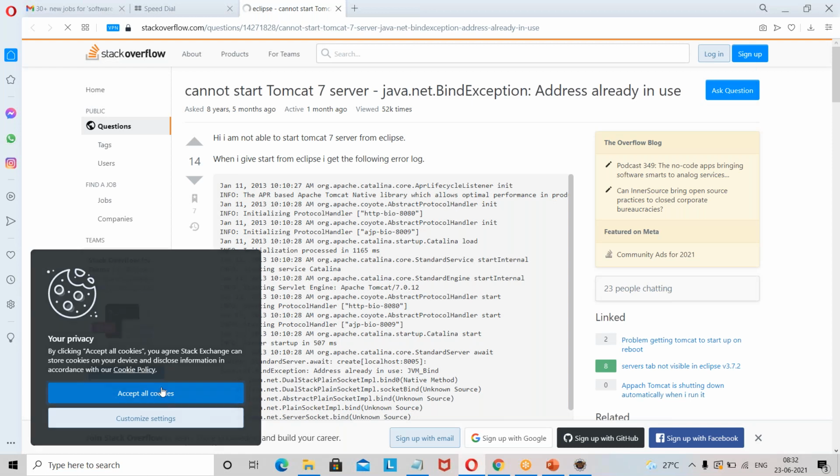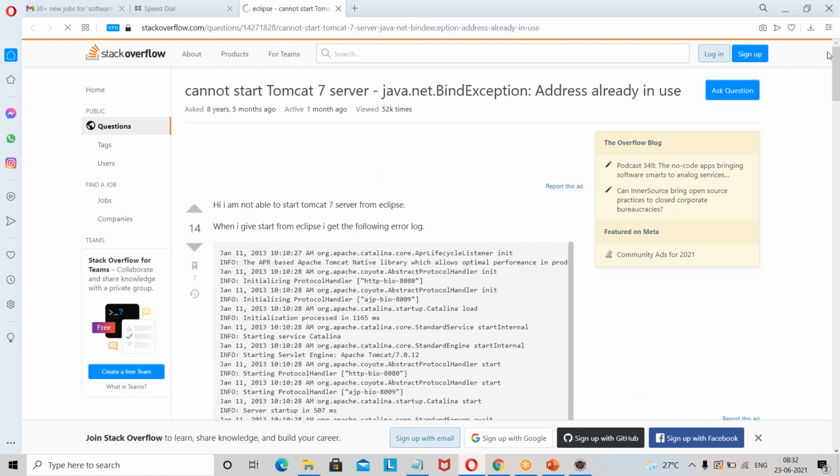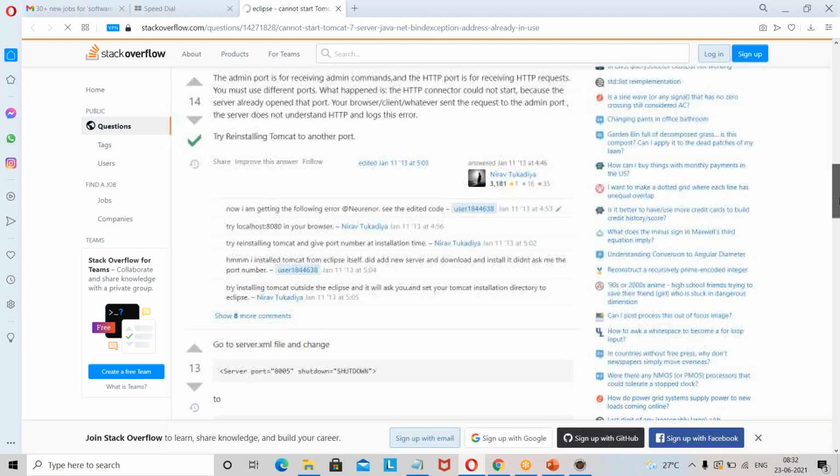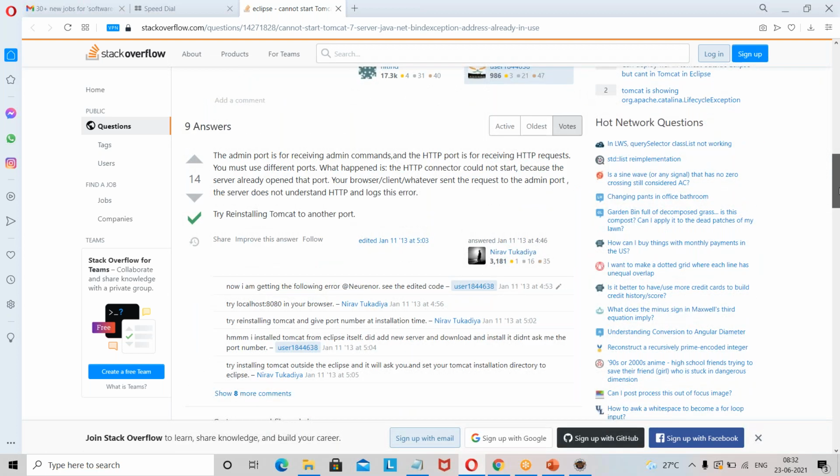They're telling that you must use different ports. If they are not working, try reinstalling Tomcat on another port. So that one is this one.